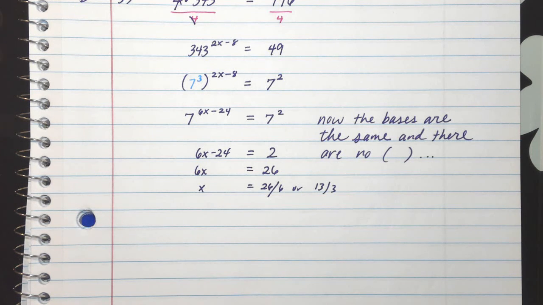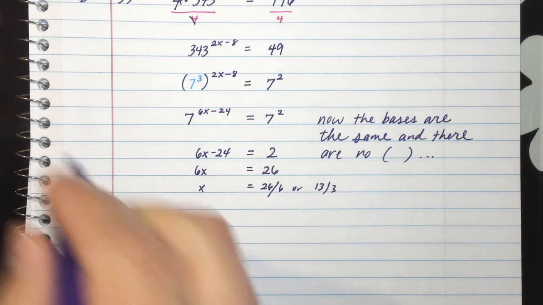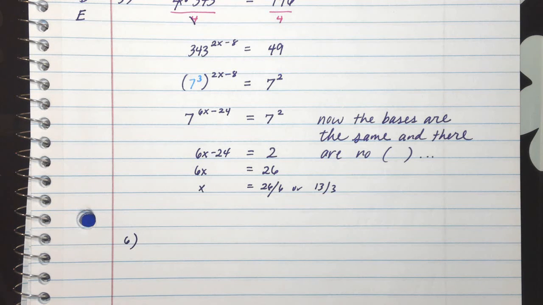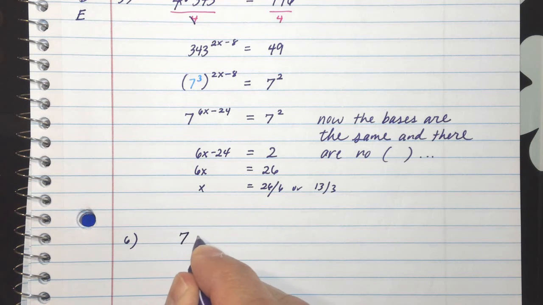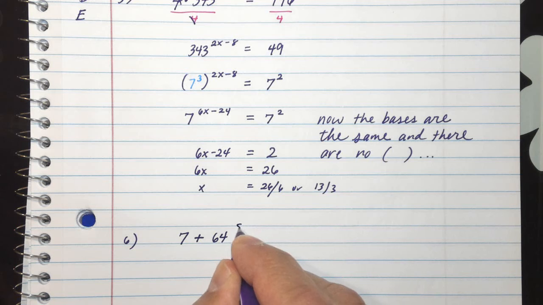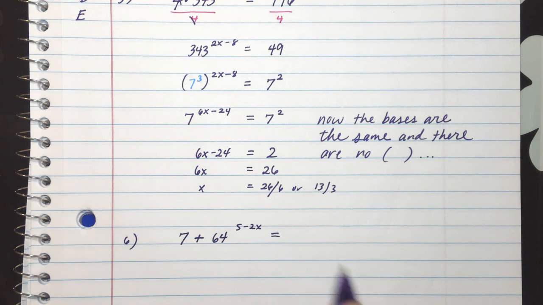Let's see. Do we need any more examples other than that? Yeah, I'll do one more. This is for part D and E, by the way. So, let's do one more example. 7 plus 64 to the 5 minus 2x is equal to